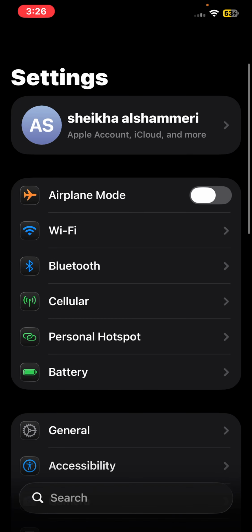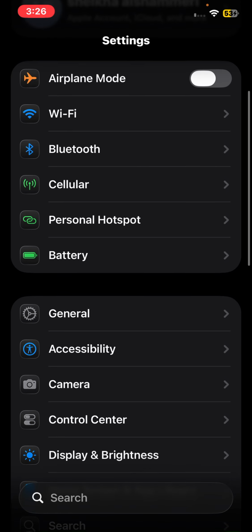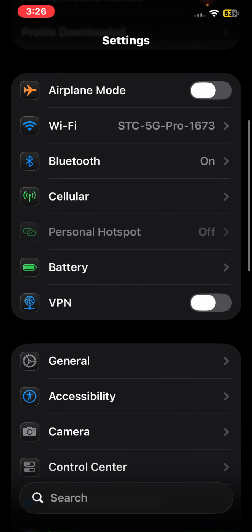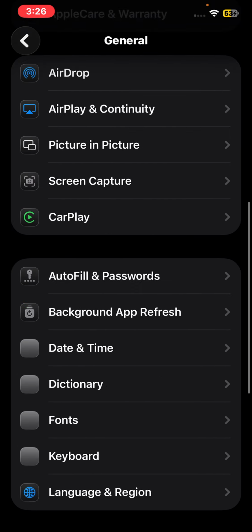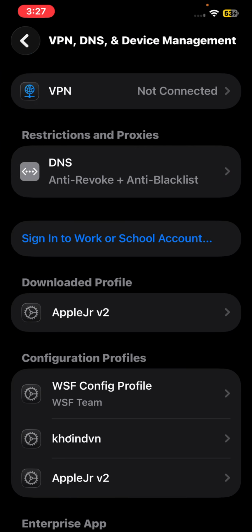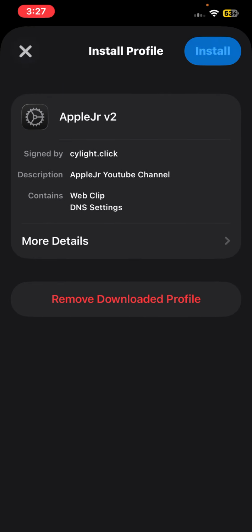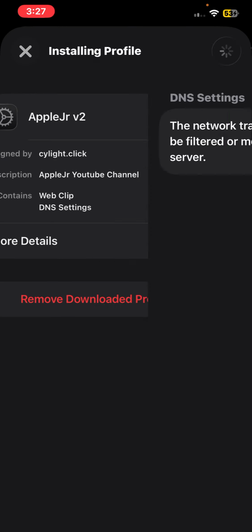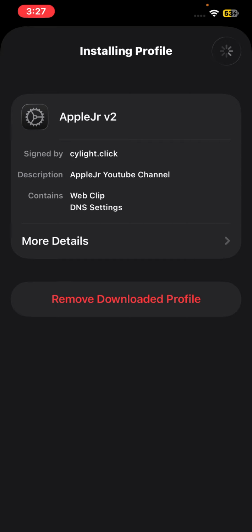And then go to general. Go to VPN device management, Apple Junior V2. Put in your password. Click install, and then click if you see